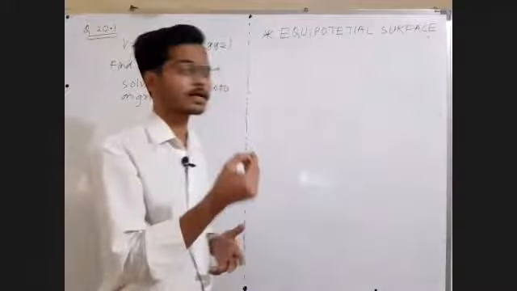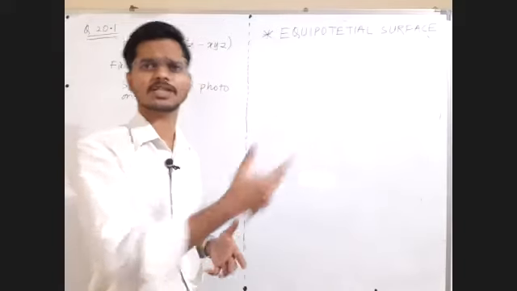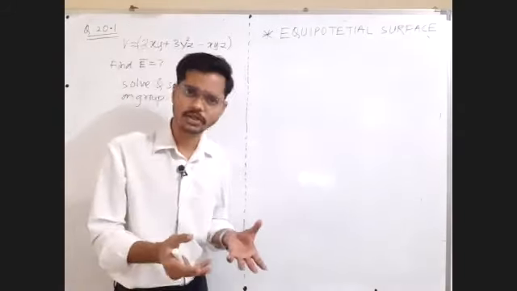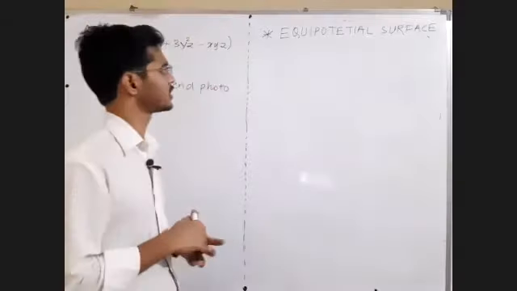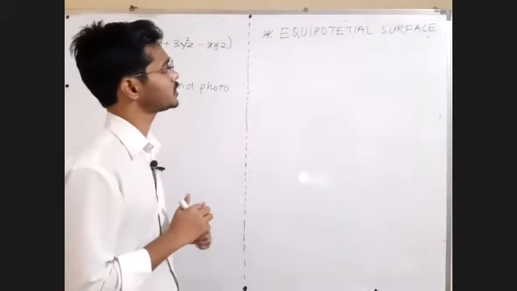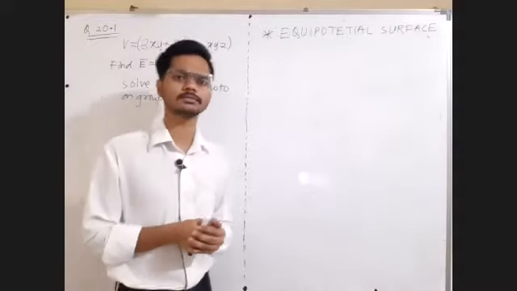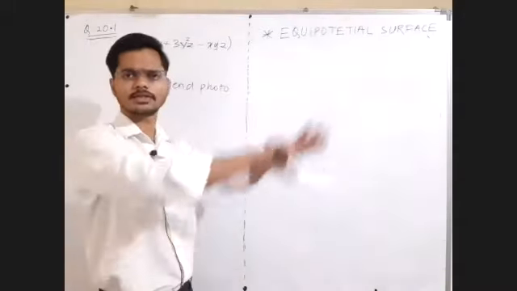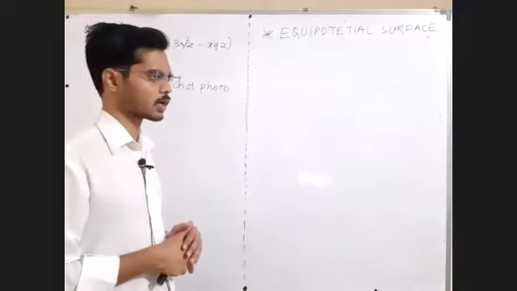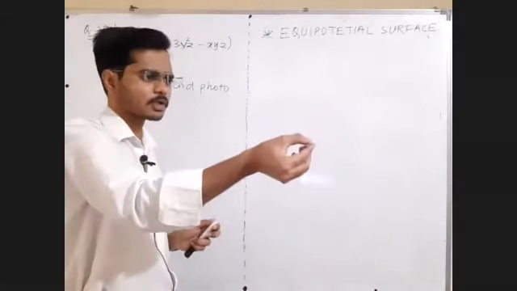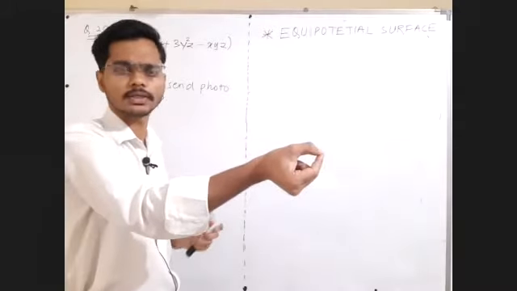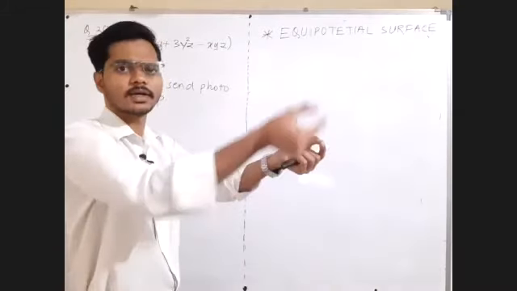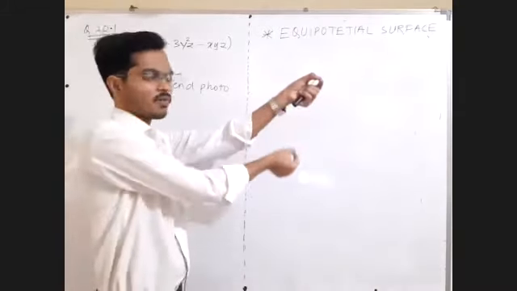So at a given point we know there is something called potential, which is a scalar quantity, work done upon charge. Now what are equipotential surfaces? Very simple thing. Let's say in this region, in this three-dimensional world, there exists a potential value equal to 1 volt here, 1 volt here, 1 volt here, 1 volt here, 1 volt here.